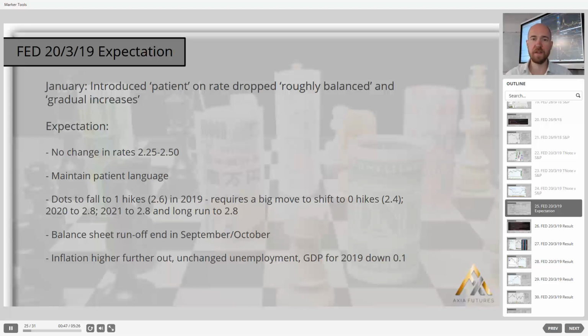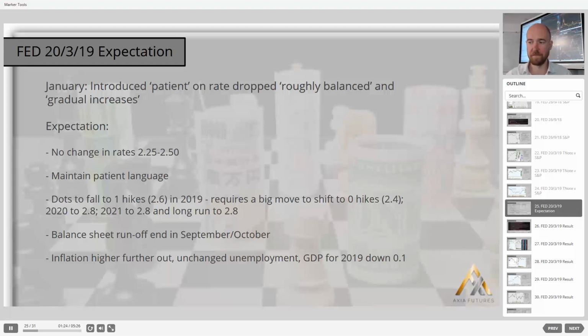Furthermore, they dropped their reference to the outlook being roughly balanced, a long-term used signal or tagline from the Fed to suggest that the economy was growing as expected, that it was roughly balanced. And they also removed the referral to rates to follow a path of gradual increases. So really taking away a lot of the hawkish outlook for the Fed, putting them very much onto a neutral stance without using the word neutral,